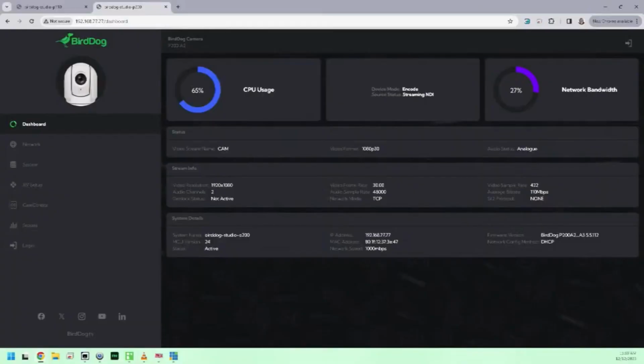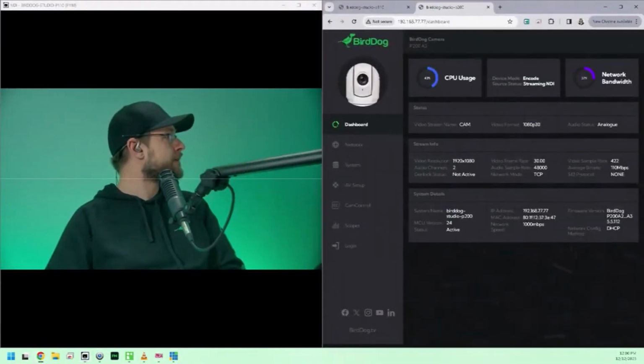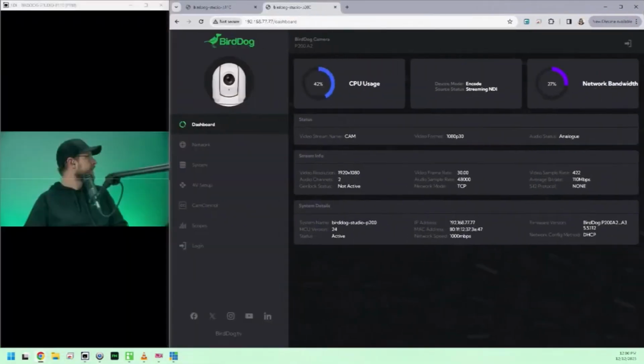And now I want to spend a little bit of time over on the web UI to kind of illustrate all of the things that we have going on. And so you're going to land on the web UI page, and this is where you're going to make your alterations as you need to. Now, this web page works really well. I'm going to open up Studio Monitor here, and let me just get this added as well. Put this maybe here, put this here, and I don't need to be that big. Okay, so